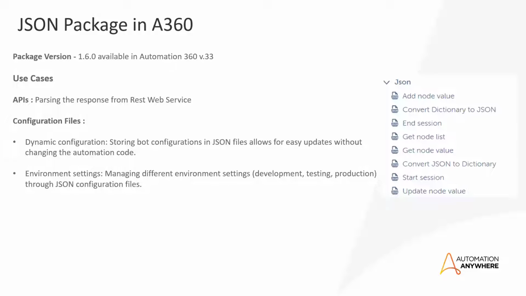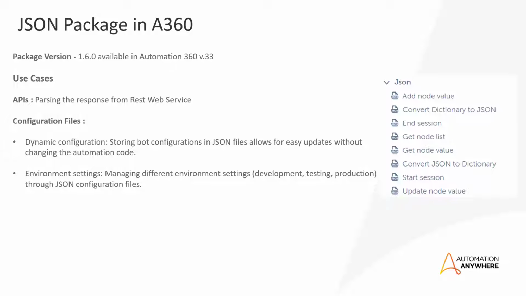Now if you look at the right side, we have the new commands added to the JSON package, that is convert dictionary to JSON and convert a JSON to dictionary, update node value, and add node value. So first, let us take the same example of the APIs. You are consuming an API and you got the JSON response. So you will grab the JSON response in a variable,